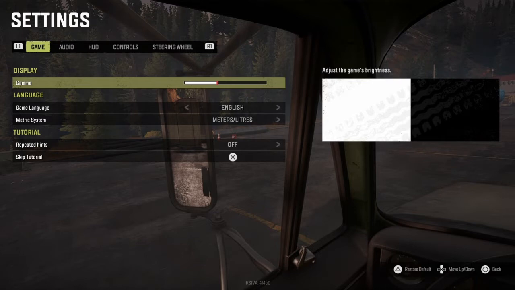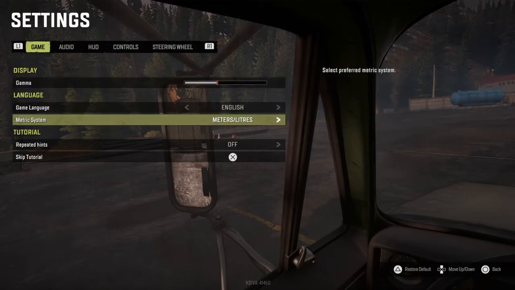So the first thing I'm going to check out is in the settings. The huge one is that now you can change from basically the metric system to the imperial system. The only thing is, when you put it to gallons, it seems like you have a lot less gas, just because that's the way it is. So, for instance, in liters...